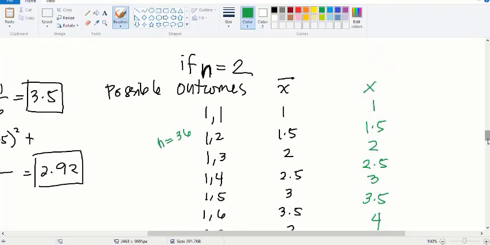Okay. And then, the frequency. Kunin natin ang frequency ngayon. Ang 1, kaisa lang nakita. Ang 1.5,